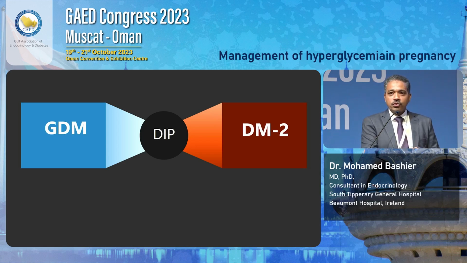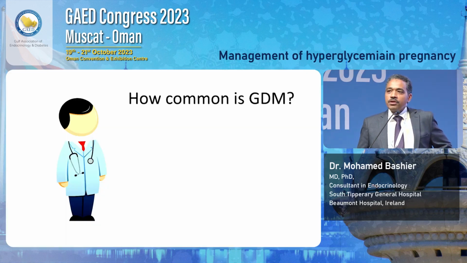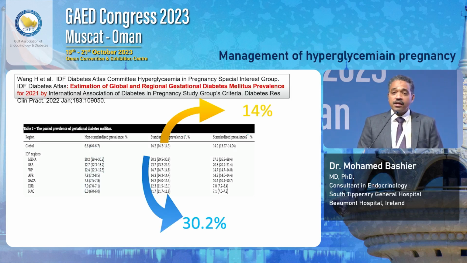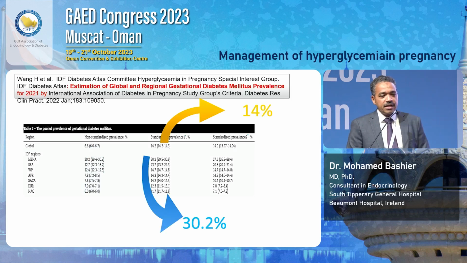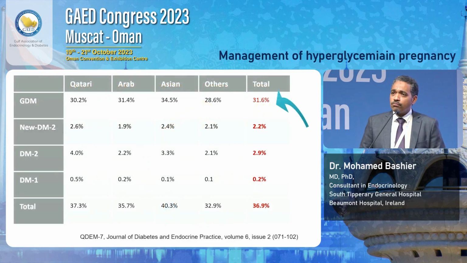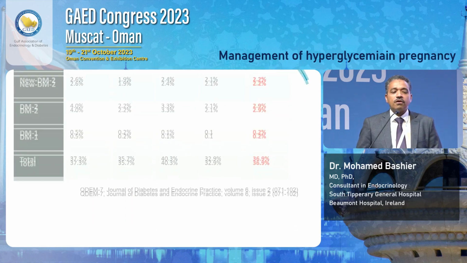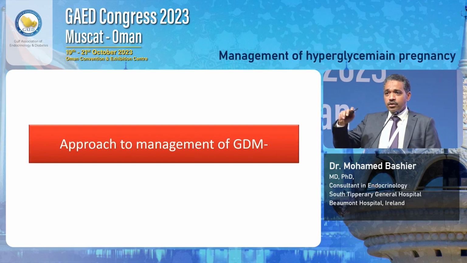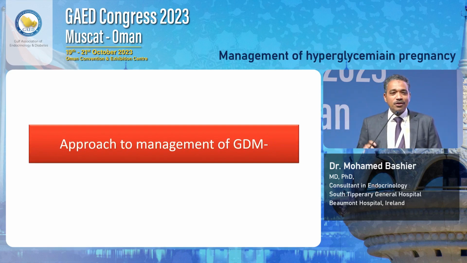Most of the talk is going to focus on gestational diabetes. I'm going to touch base on type 2 diabetes for the sake of time. So how common is GDM? The most recent IDF data basically told us that globally it's 14%, and in our region, the MENA region, it's 30%. We have looked at 99,000 deliveries in our cohort. 83% of them have been screened, and the prevalence of GDM is 31% in Qatar, not far from what the IDF suggested. I'm not going to talk about the screening for GDM because this is a difficult topic with a lot of controversies.